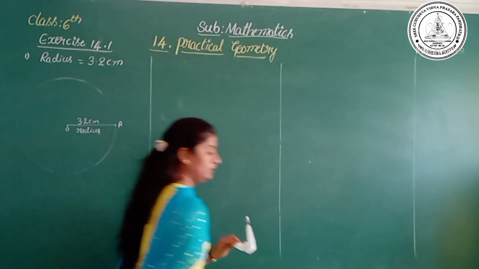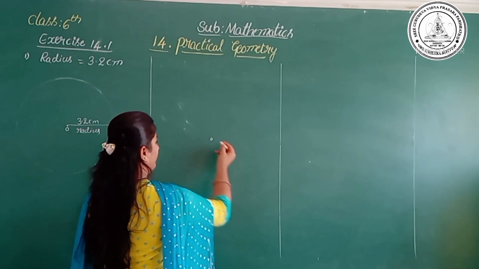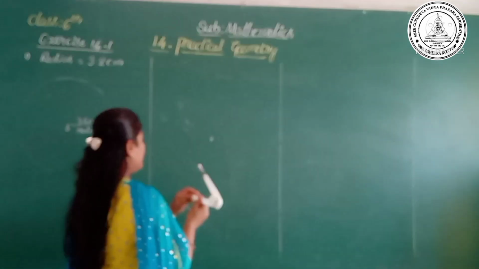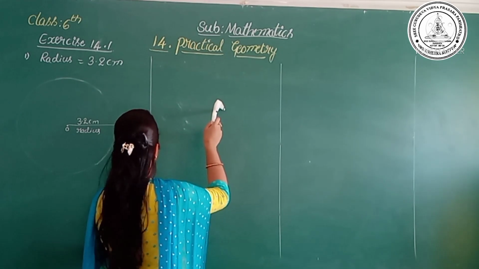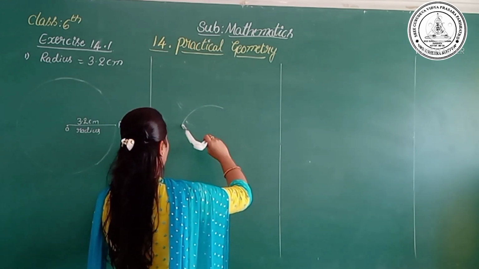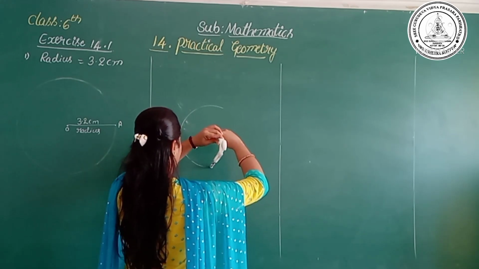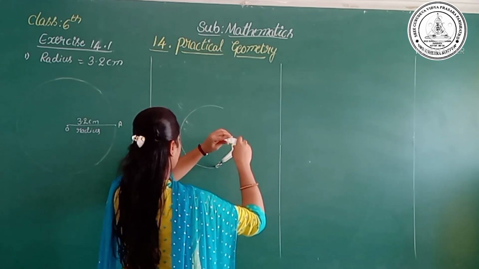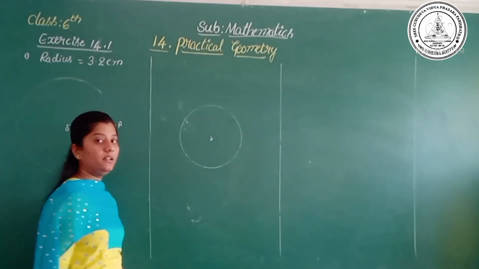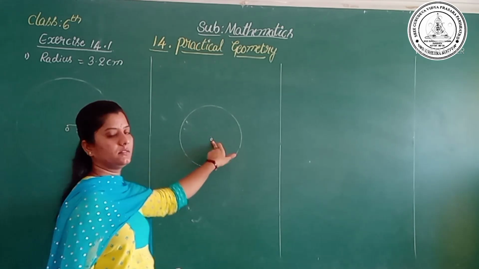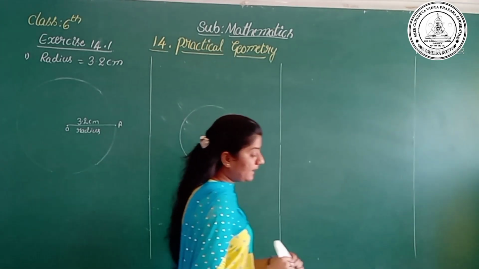I will mark it as O. Place the sharp needle of the compasses. Okay, so it is the radius having 2.5. Okay, then let's draw. Take the